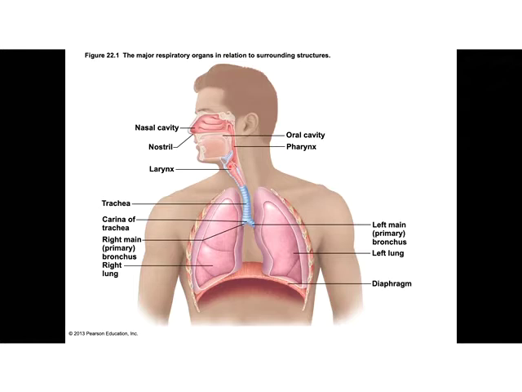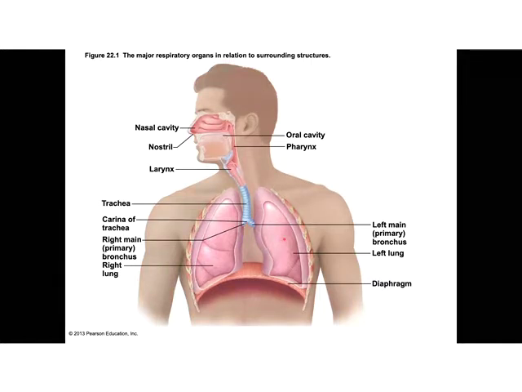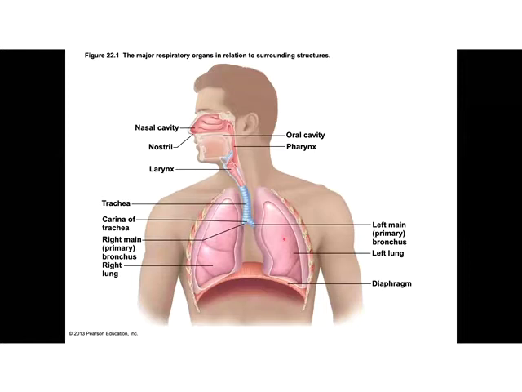And then from the trachea, it's going to bifurcate at a structure called the carina into the right and left lungs at the right and left primary bronchi. And then those will branch extensively into bronchioles that will ultimately end the conducting division at the terminal bronchioles. And then the respiratory division will pick up with the respiratory bronchioles, the alveolar ducts, the alveolar sacs, and the alveoli. And the difference between the respiratory and the conducting division of the respiratory system, as we discussed earlier, is